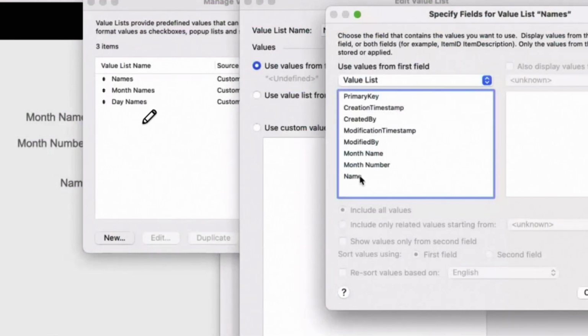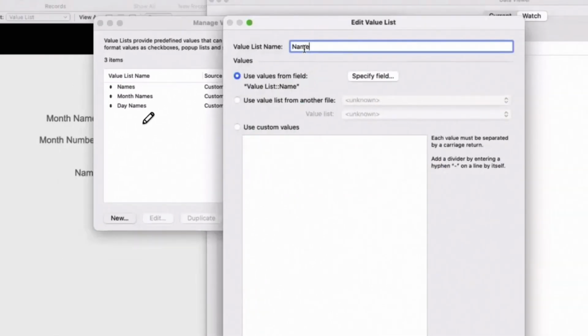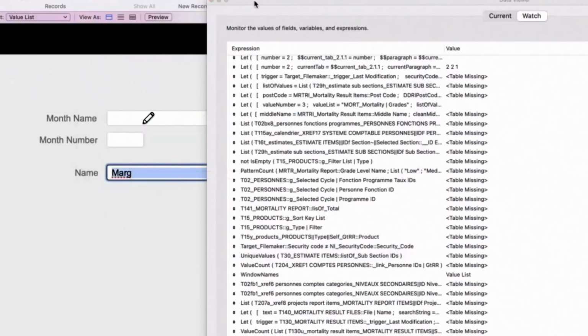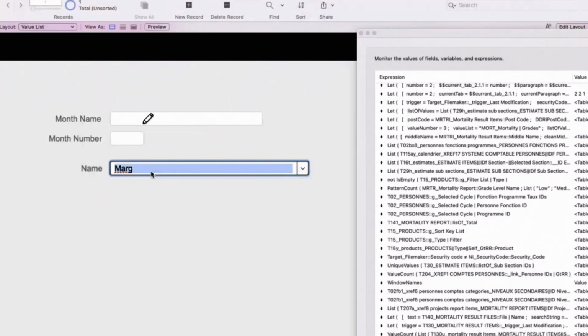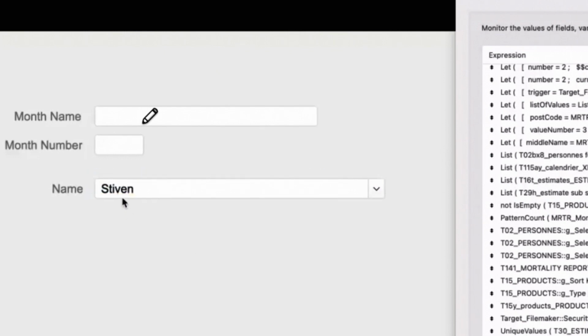So if I have a field here, and in that field I want Peter, new record, I want Jacob, I want, I don't know, Michael, I want Stephen. Okay, so I have 4 names now.